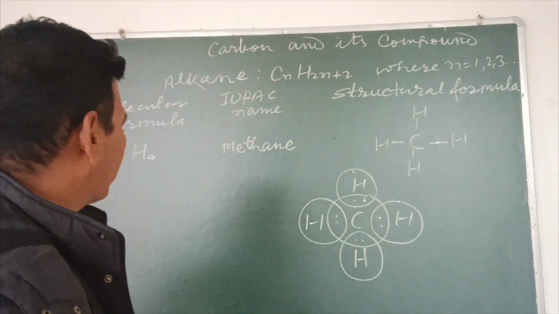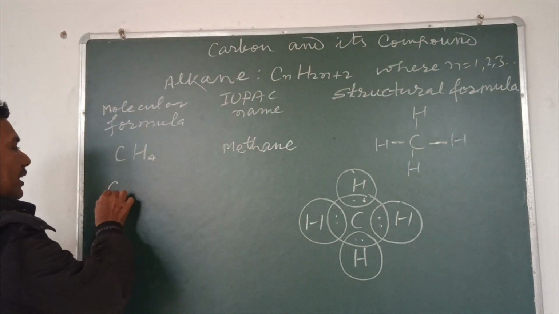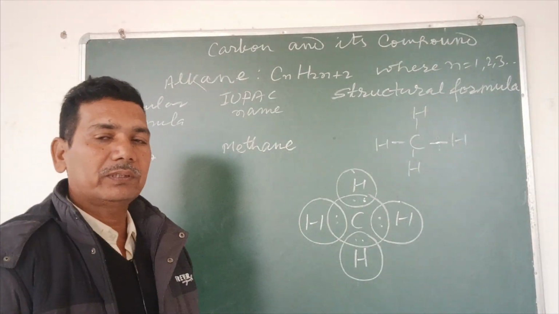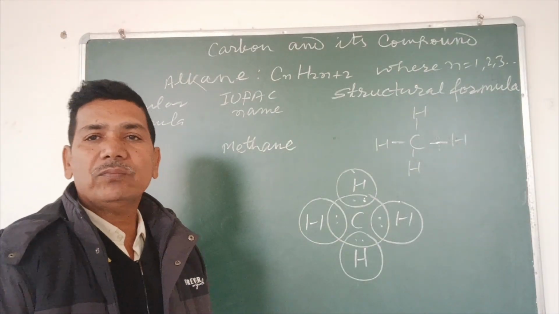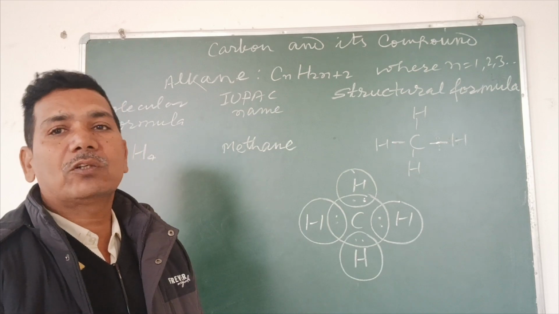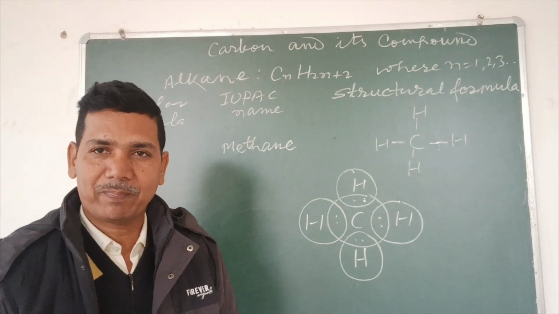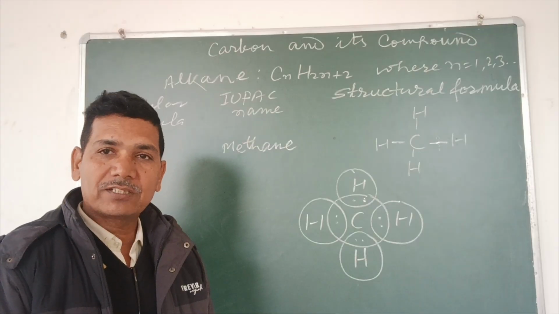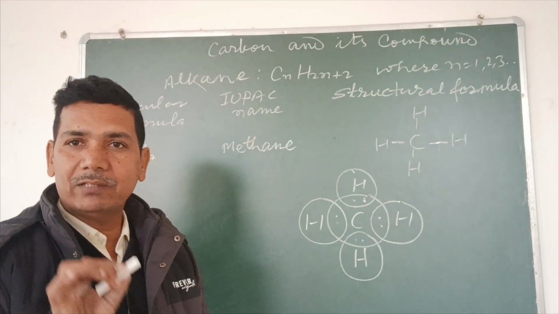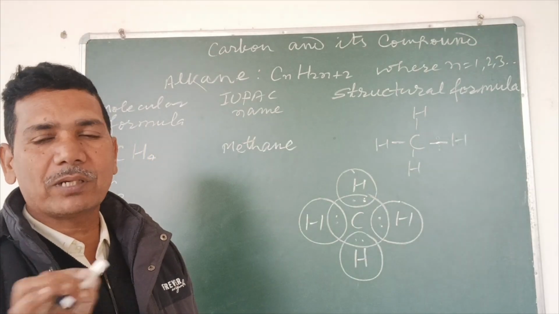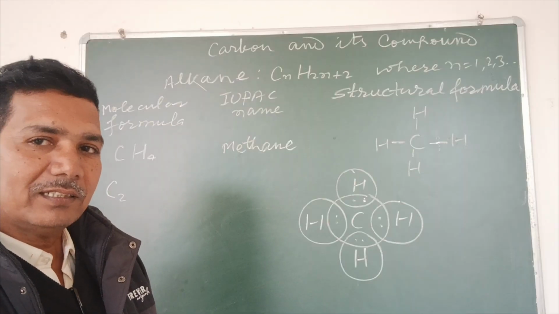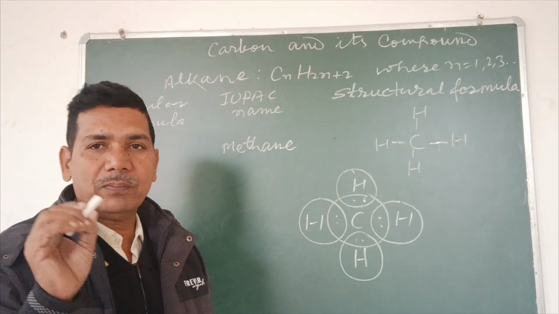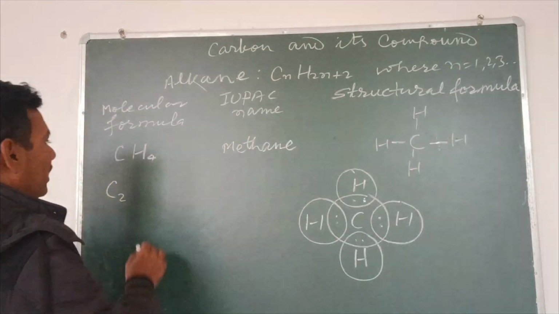If we take the C2, the number of carbon atoms 2 in this group, the number of hydrogen atoms will be 2 more than twice the number of carbon atoms. As here the number of carbon atoms is 2, its twice will be 4, and then we add 2 to 4, it will become 6. That is, the number of hydrogen atoms will be 6,